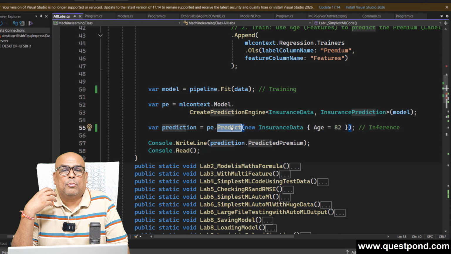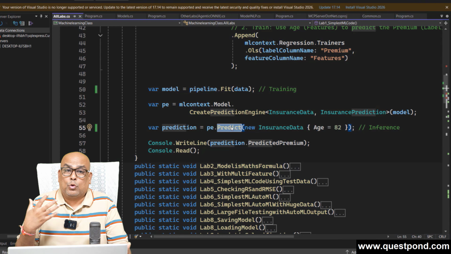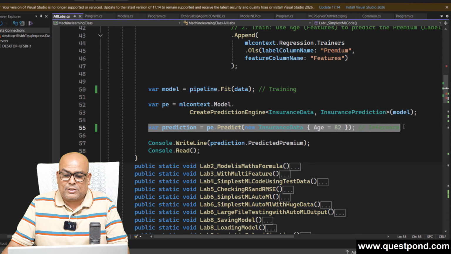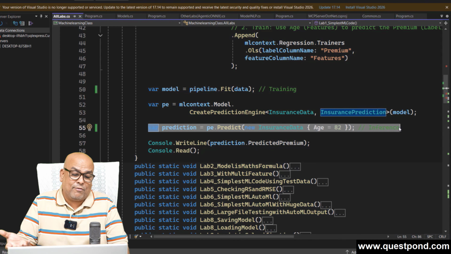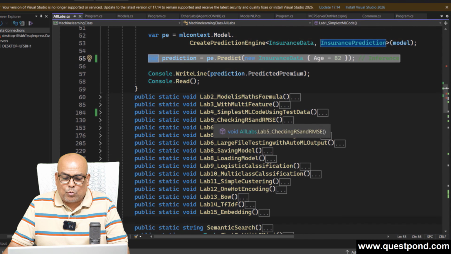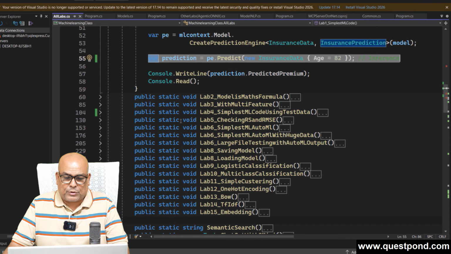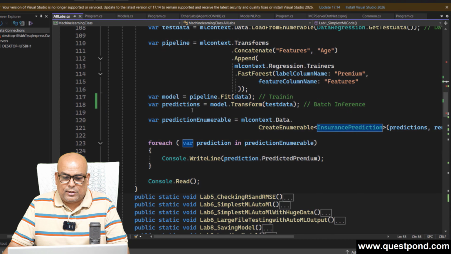Now definitely, if you want, you can talk about two or three different kinds of inferences. For example, this one here is a single inference. In other words, I'm just giving it a single value. You can also say it's a live inference or whatever, right? Another one can be a batch inference. A batch inference means you are not giving a single value out here, but you are giving a collection of values. So you can see here, line number 117 is the training phase, but